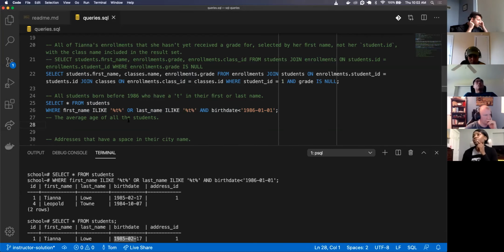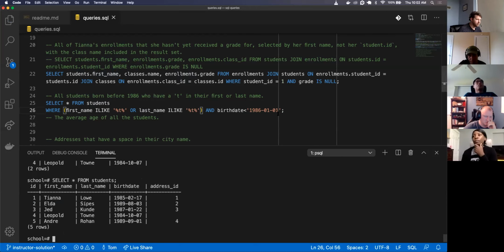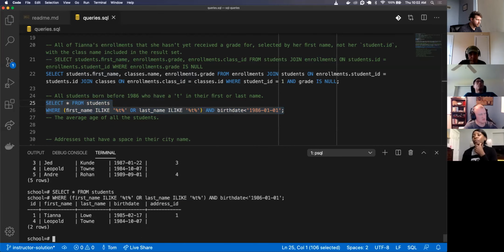In our where clause, we have two separate parts in the or and then the and. I pretty much had this exact same thing. The only thing is around the or clauses, I had it in parentheses: parentheses, first condition or second condition, close parentheses. It still comes out the same, but I just wasn't sure if it's better practice to group your ors. I guess it depends on what exactly you're trying to enforce on the search.